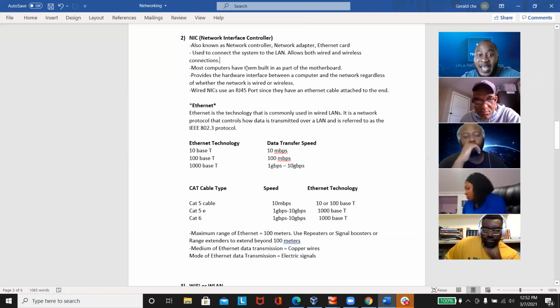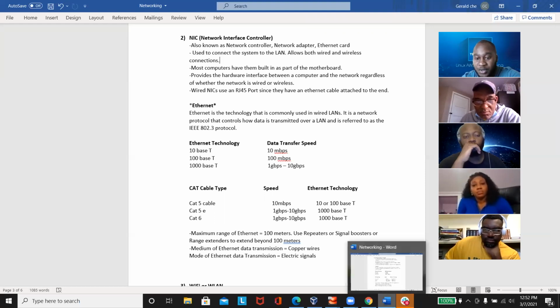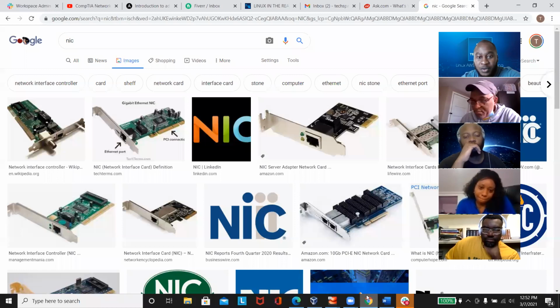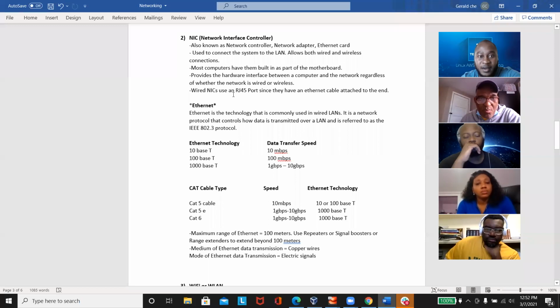So most computers have the NIC built in as part of the motherboard. And I showed you this picture. This is the motherboard. So this is part of the motherboard. So you connect through this port. This is part of the motherboard. And I went further to say,